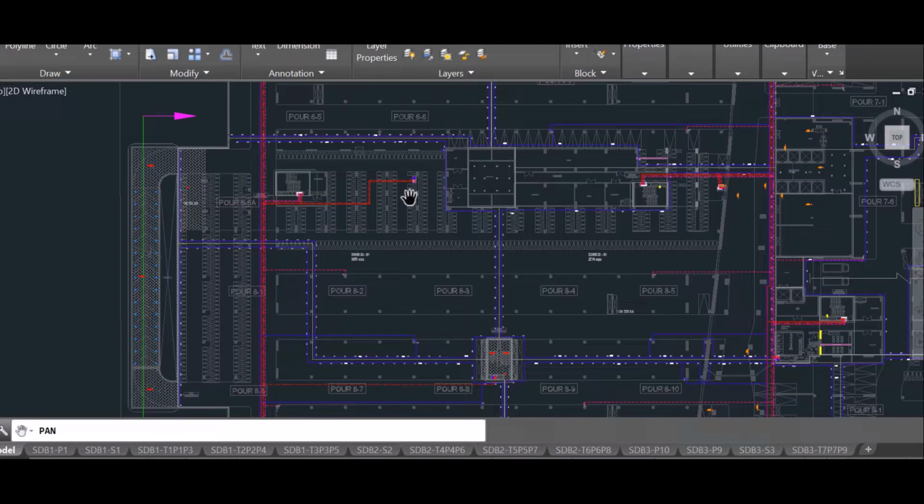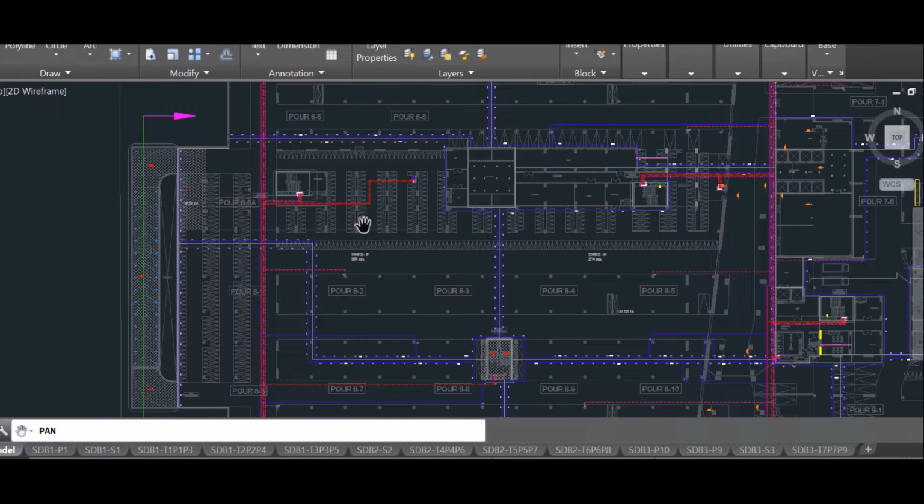Firstly, we will discuss its working principle and what the main components used in this system are. Later on, we'll discuss its control philosophy, how it is controlled from a remote place. So let's start here.